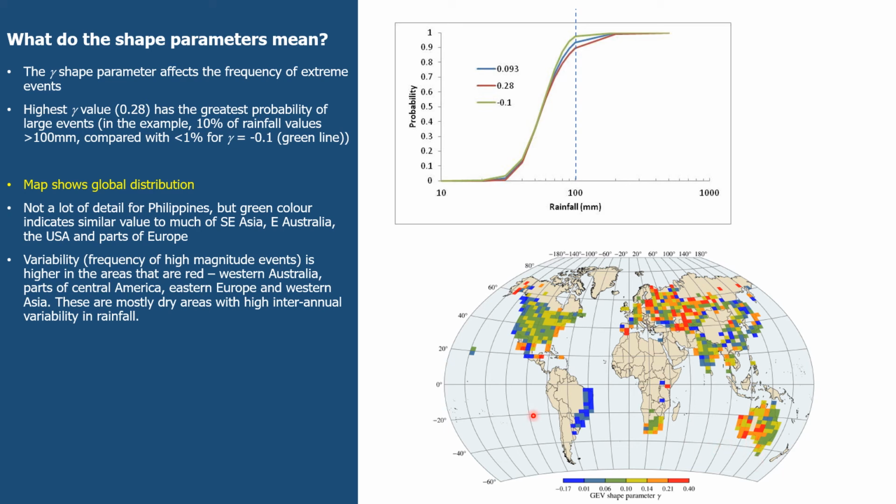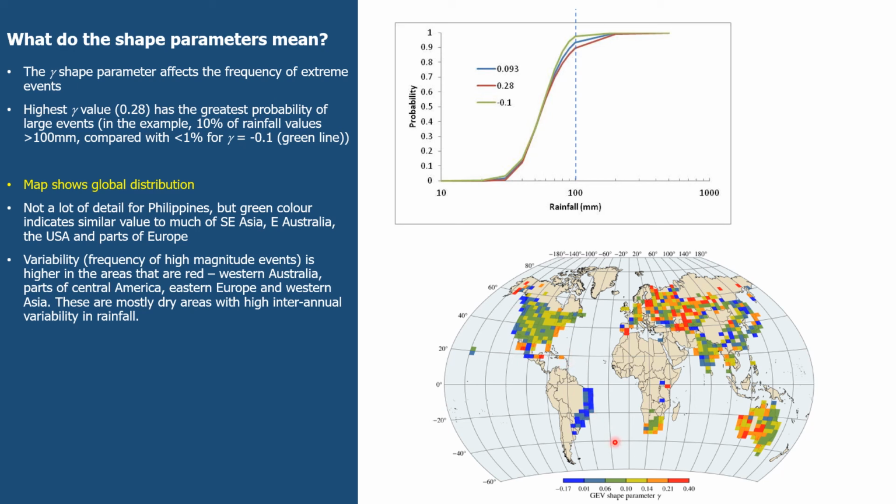As it says here, green colours in the Philippines. We don't have much data from Philippines. But that's similar to Southeast Asia, Eastern Australia, much of the US, parts of Europe. Red colours we see in Central Europe, we see in Western Australia, we see in some West Coast areas of